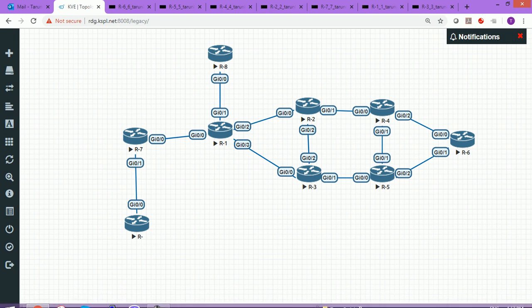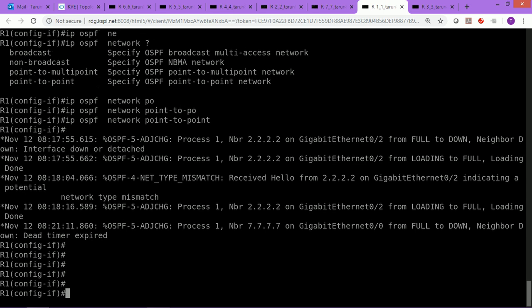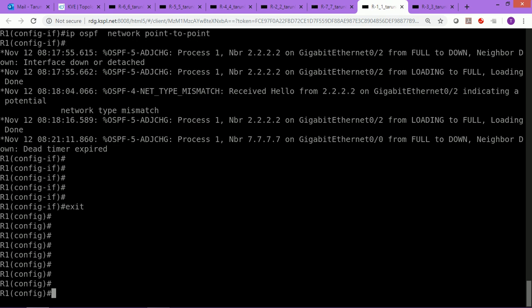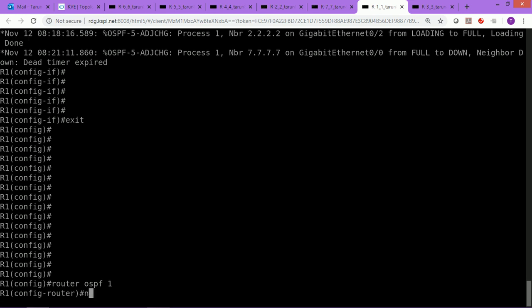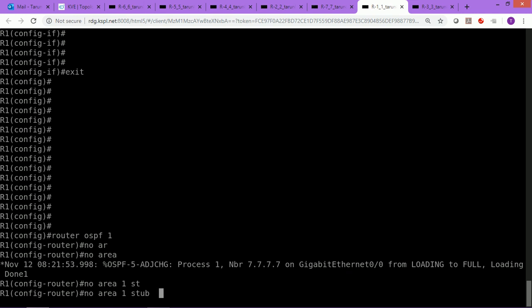Solution number 1: connect a link to the backbone area. If I connect a link from this router to the ABR, this is going to solve the problem. But if the physical link is not possible, then use a virtual link. So first I need to go to R1 and remove the special flag, otherwise virtual link is not supported. So say no area 1 stub no-summary,